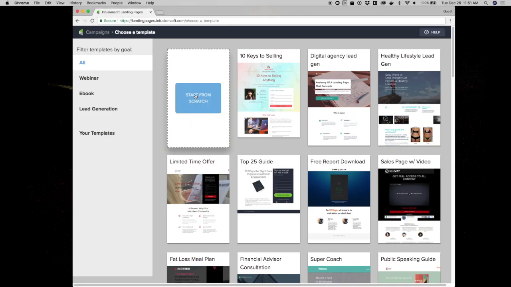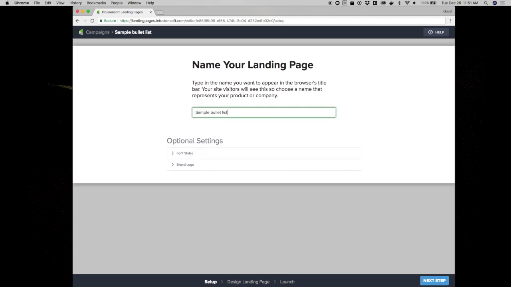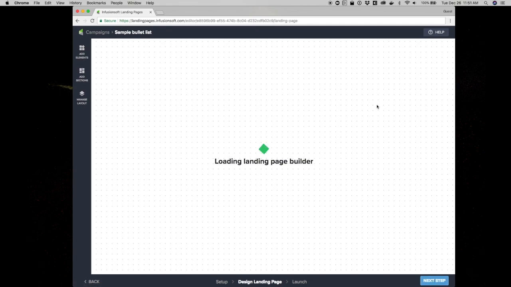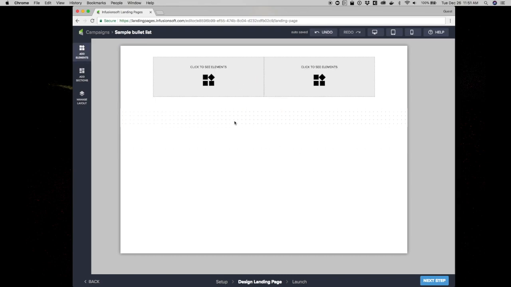Hey guys, so I want to show you a quick way to create a bullet list on your page that's also mobile responsive. So I'll start with a blank template and I'm just giving it a name, and it'll start from complete scratch. And so over here what I'll do is I'll pick a 2-column layout, and in the 2-column layout